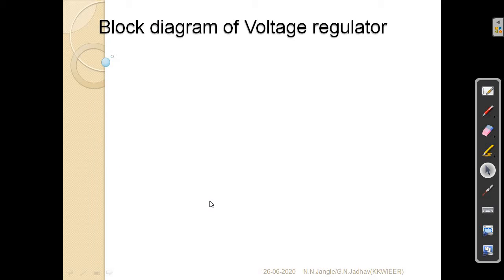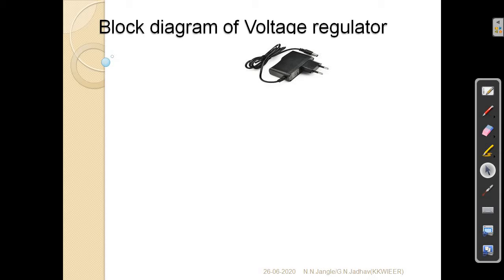So before studying the IC voltage regulators, we will study what is a voltage regulator, how it keeps the output voltage constant for your specific application. So what is this? This is a mobile charger. How much voltage is required to charge your mobile, or what is the battery voltage of your mobile? It is about 3.7 volts. What is voltage present at your home? It is 230 volt AC, but your mobile requires DC voltage and it is 3.7. So from 230 volt AC to 3.7 DC, there are different blocks in this voltage regulator.